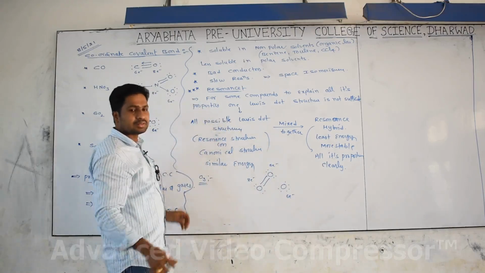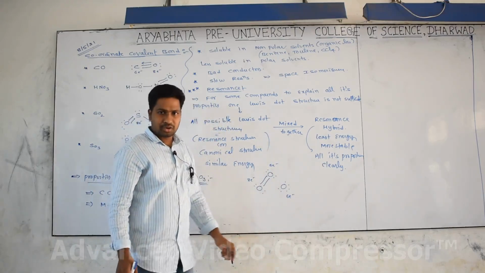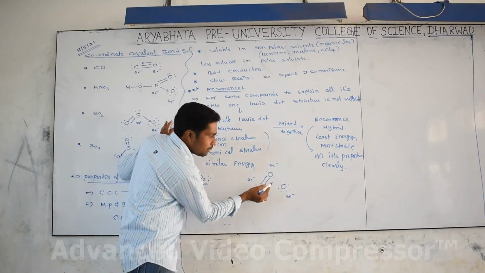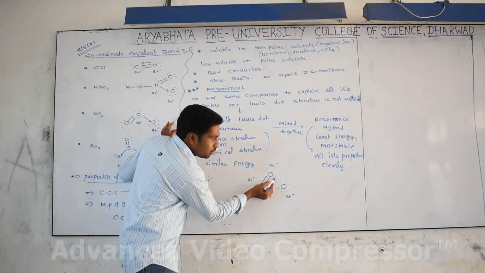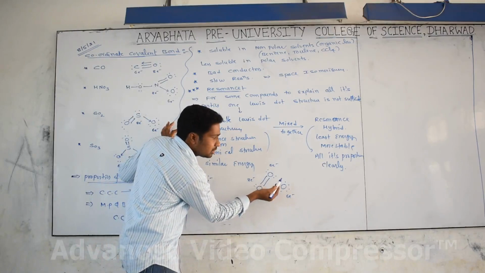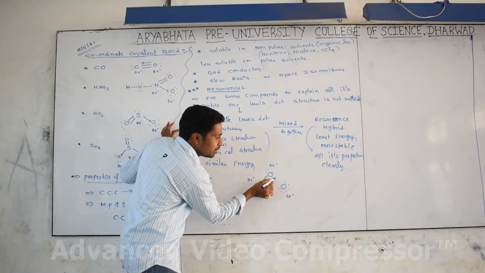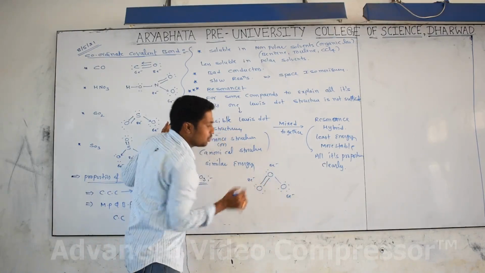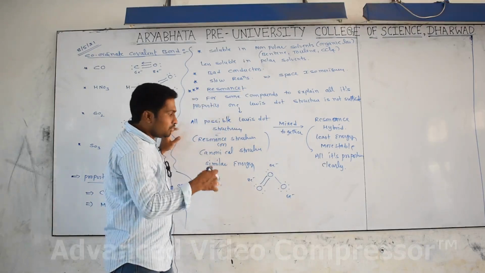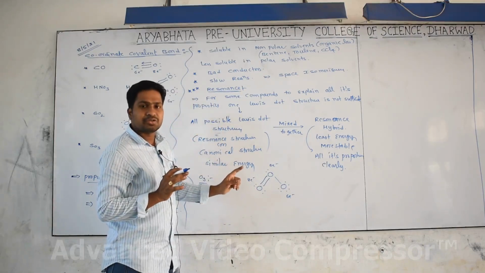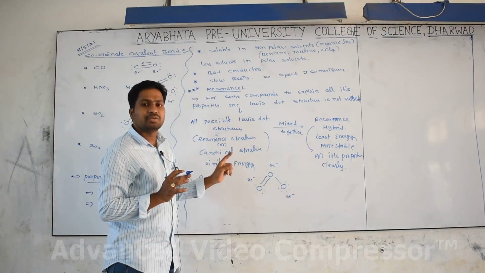So it can be given as an example of the coordinate covalent bond. Now what happens? The oxygen that is already stable and has a lone pair is donating electrons to the other oxygen. Anyway, we get a coordinate covalent bond. Okay, let me write it down as a covalent bond. If you take one structure like this, it does not explain all the properties of the ozone molecule.